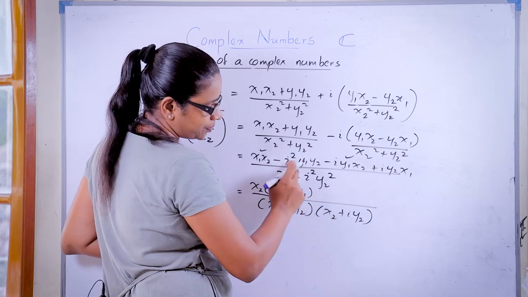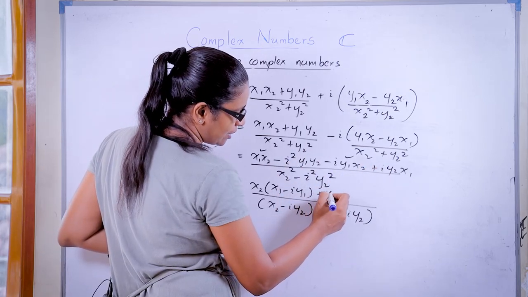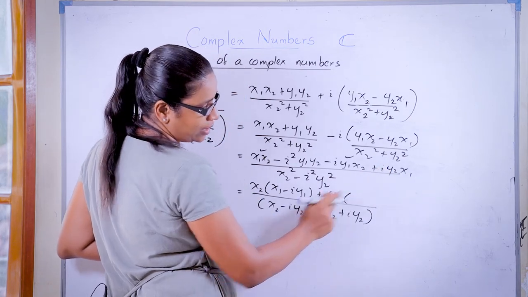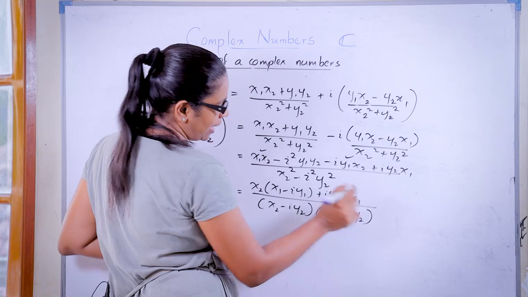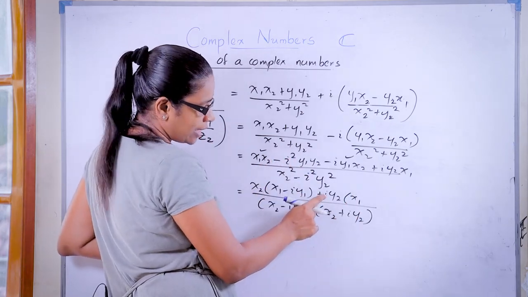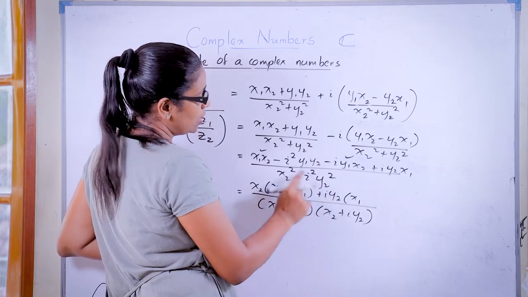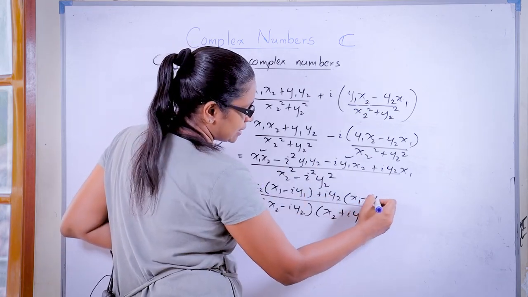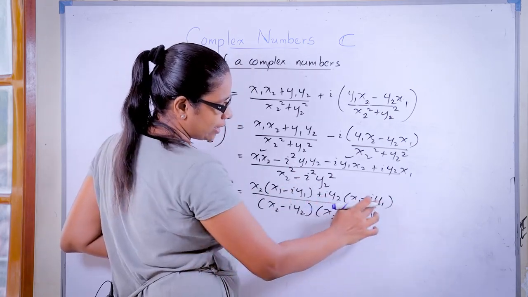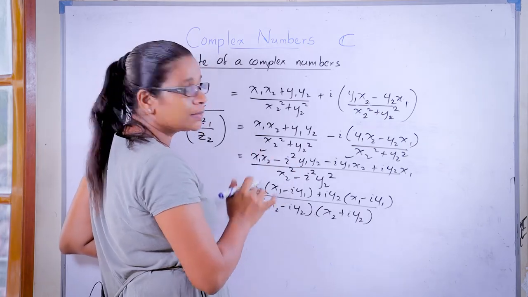Look at these two. From these two, I am going to write plus iy2. This plus iy2 I write as a common factor. So here x1 remains, and from this term also, I have written in front of the bracket i y2. So I am going to write here minus iy1. Okay, if you have any doubt, you can again multiply these two terms and check. You will have the same terms.